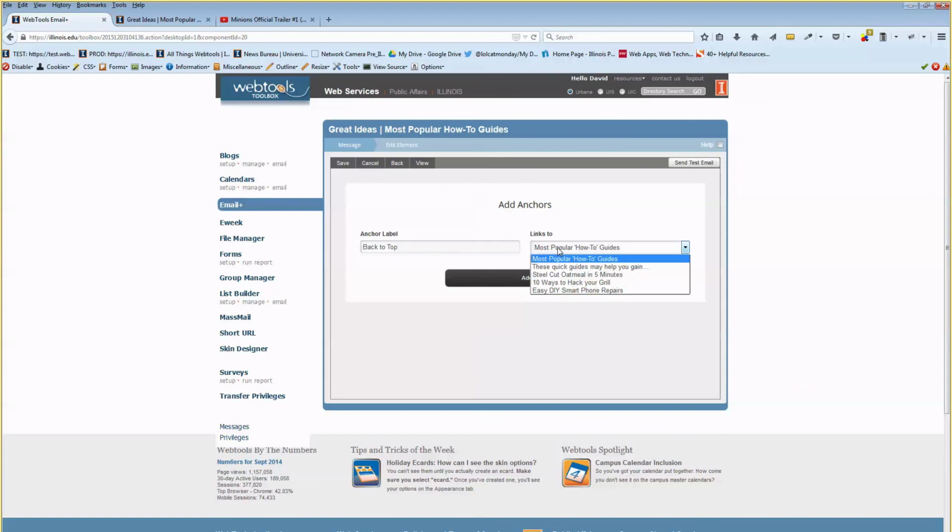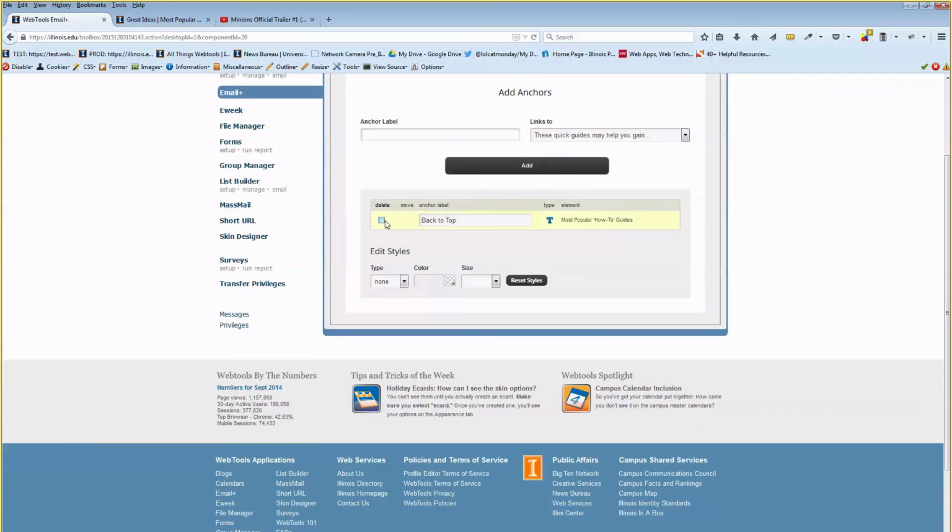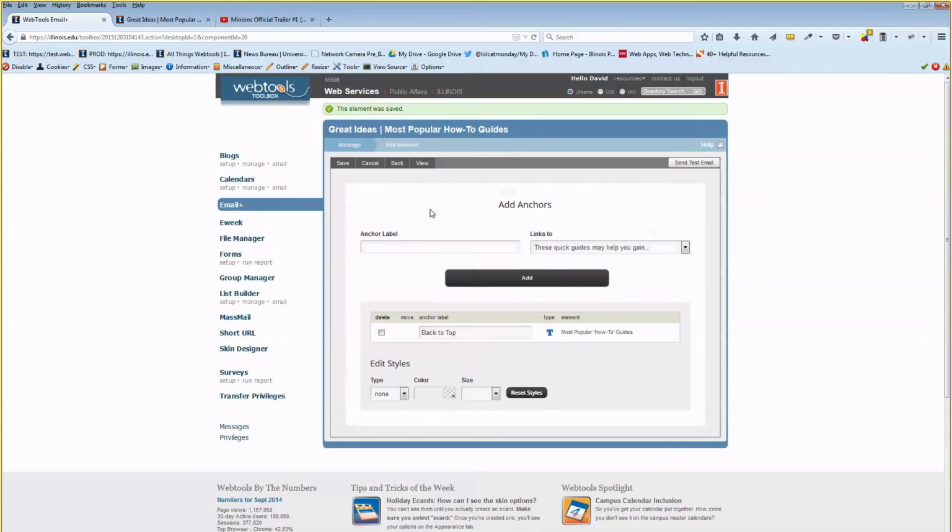I'm going to link that to, and this automatically pulls out places that you're able to send people to. So top is not in here, but here's the title. I can go back to the title. That's my first element. So when people click back to top, it's going to go to this. I'm going to click add. It goes ahead and adds an entry. I can edit that now and delete it. I can style it as well. So save that,